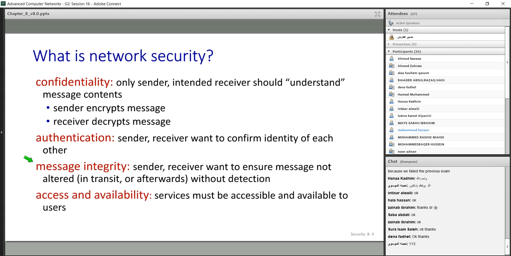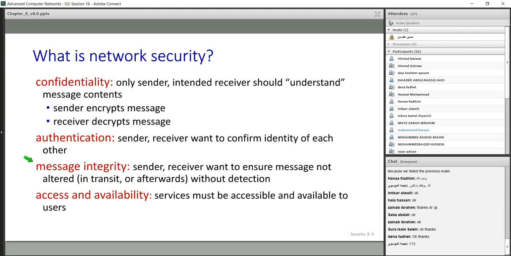And the fourth one is access and availability. It means that I should receive a service always, all the time. The service should be accessible and available all the time. In today's world, we can see lots of DOS attacks and DDoS attacks. What is a DOS or DDoS attack? In a DOS or DDoS attack,